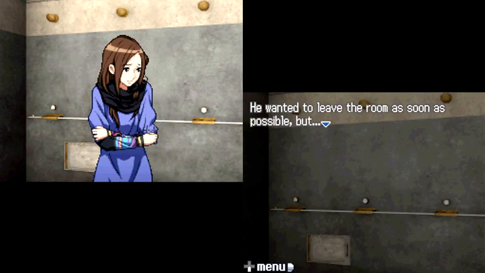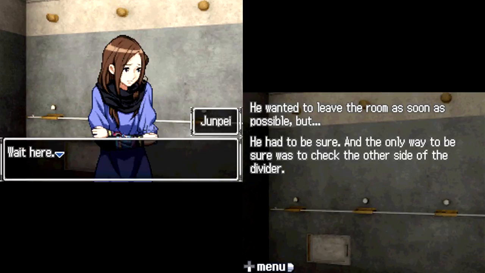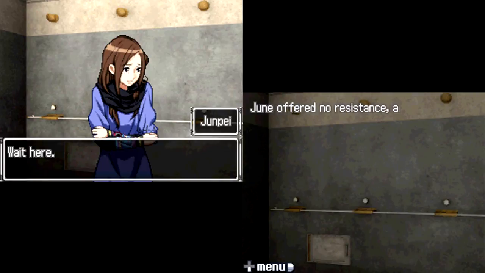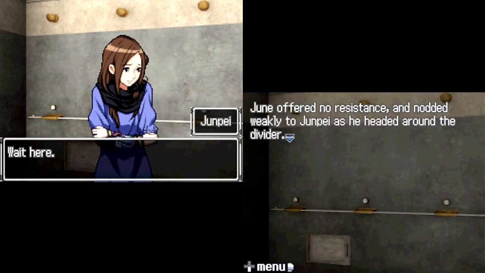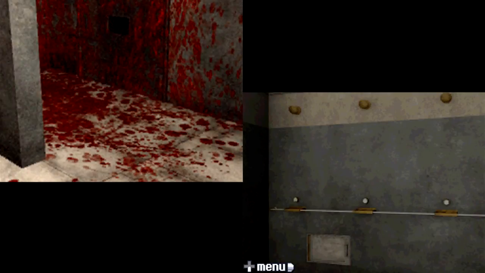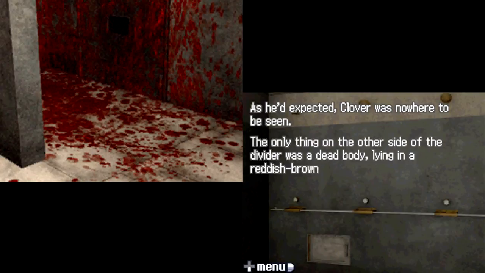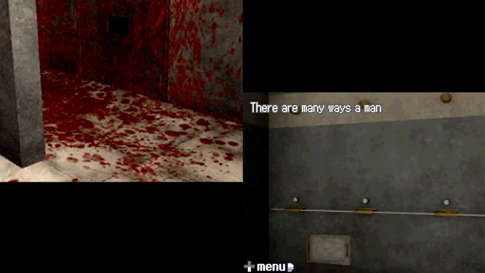He wanted to leave the room as soon as possible, but he had to be sure. And the only way to be sure was to check the other side of the divider. Wait here. June offered no resistance, and nodded weakly to Junpei as he headed around the divider. He stopped at the corner, and turned his head. Ugh. As he expected, Clover was nowhere to be seen. The only thing on the other side of the divider was a dead body, lying in a reddish-brown puddle of dry and drying blood. There are many ways a man can die, but this...